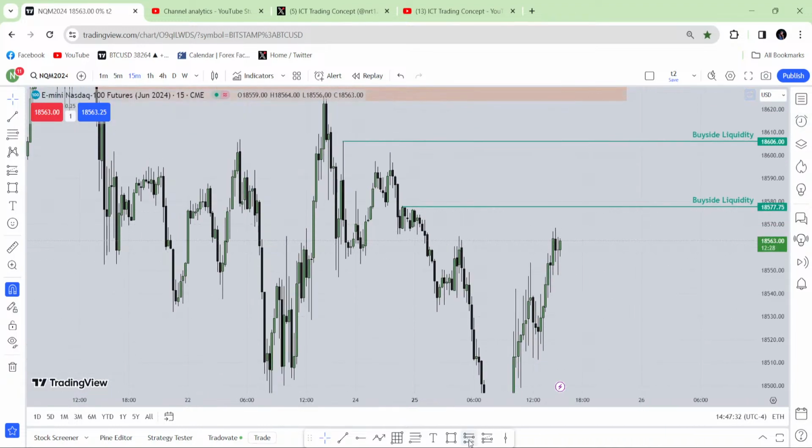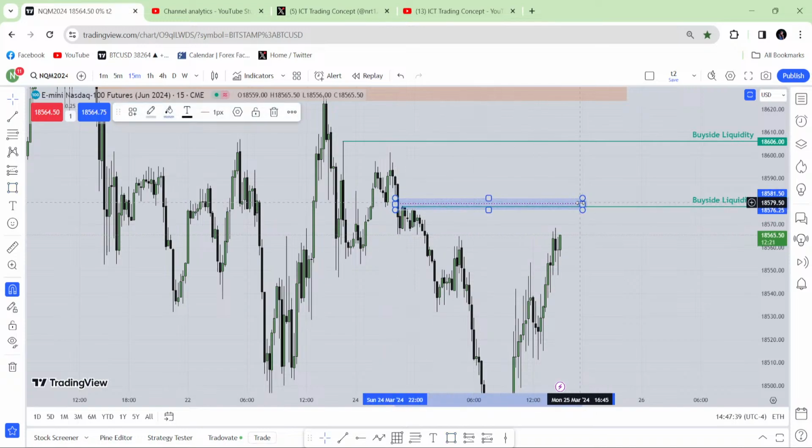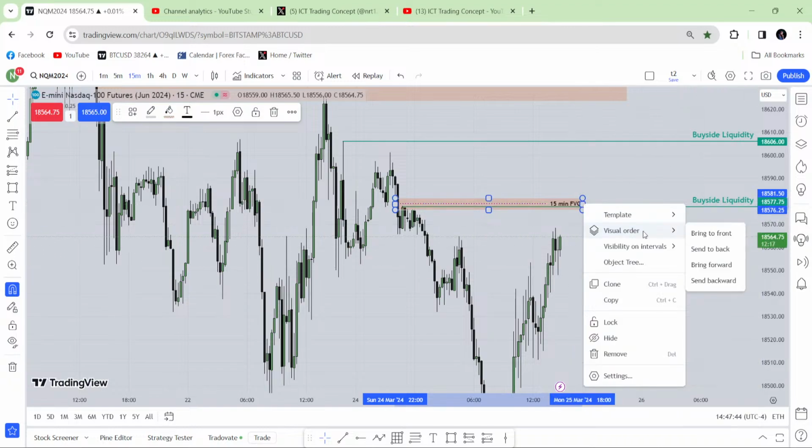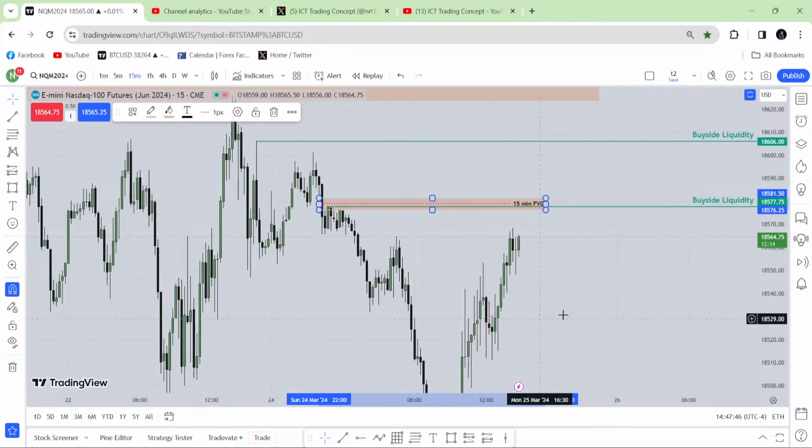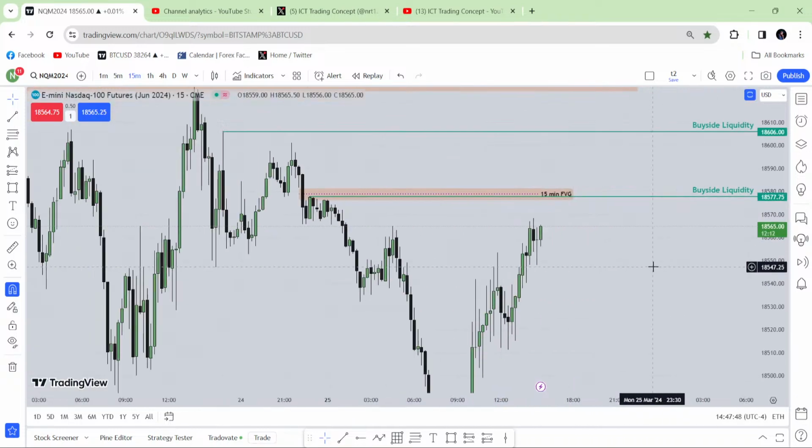After taking that buy side liquidity, maybe I'll think about a short for a small period of time. Until this is taken, I'm not going to take a short. I don't care if the market goes lower, anywhere, or sideways. All I care about is that I want to see the market take that buy side liquidity and trade that fair value gap. Then if it wants to go a little lower, okay, no problem, it can go. But until here, I'm not interested in taking a short.